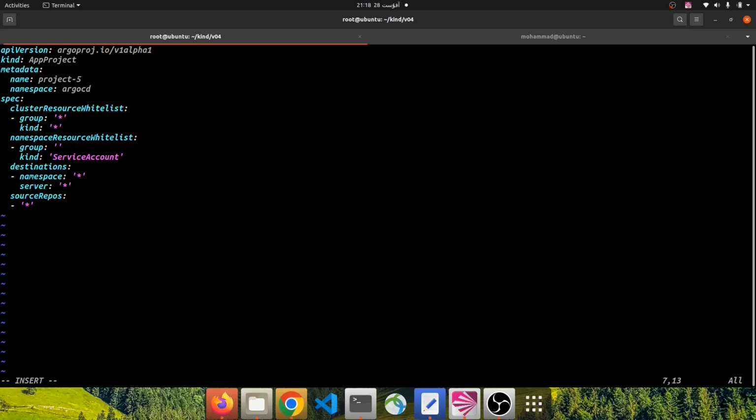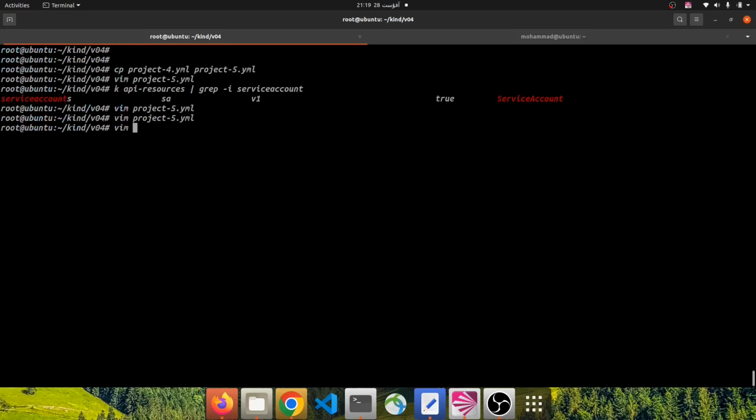And we can use all cluster scoped resources. Let's save this file. So, please pay attention to this note: the only whitelisted resource is service account. So any other resources can't be deployed. Let's prove that. I copy from app-4 to